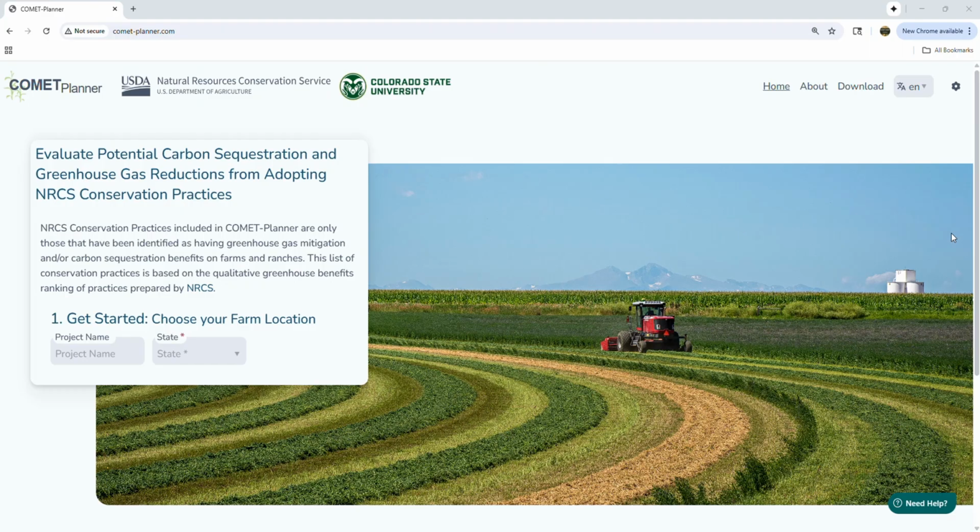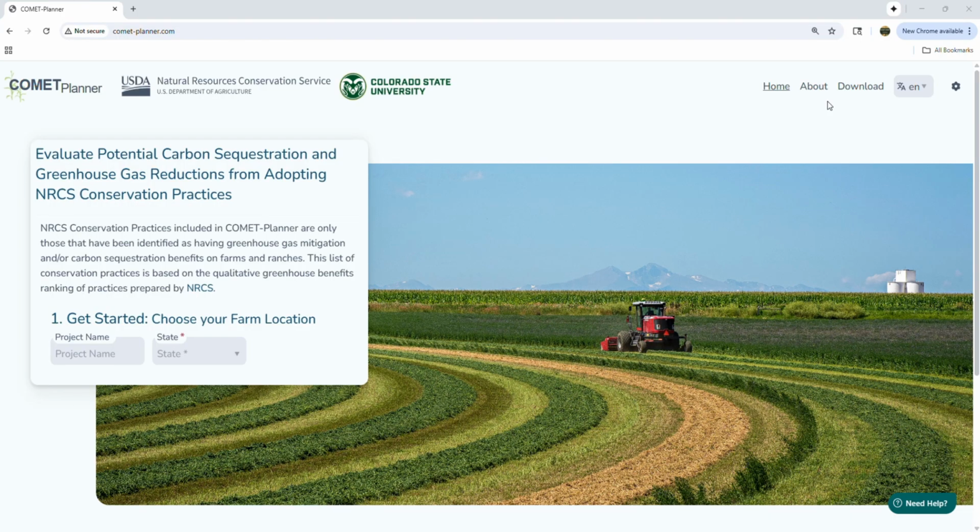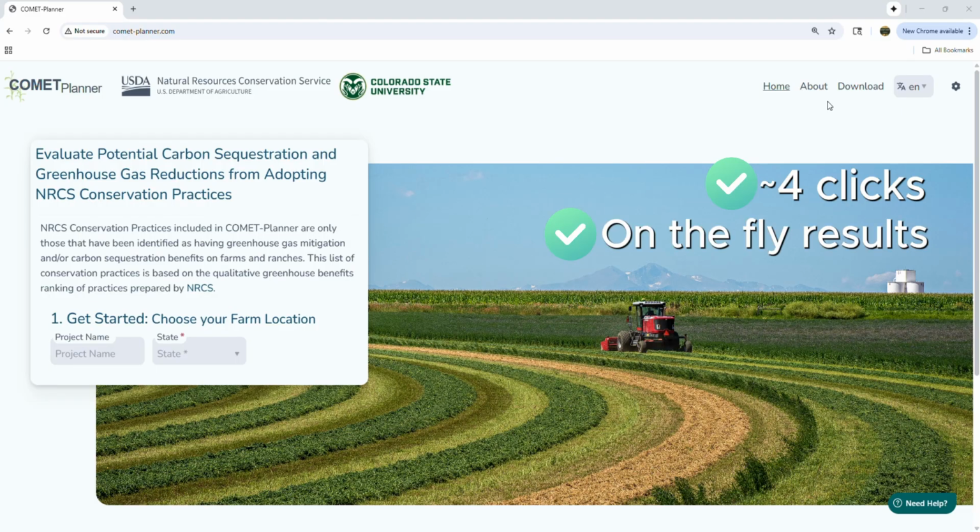COMET-Planner was created in 2017 as an alternative to Comet Farm that was simpler, easier to use, and could demonstrate the relative benefits of NRCS conservation practices within a given region against the baseline data. It only takes about 4 clicks and generates on-the-fly results when users select a conservation scenario and enter the acreage